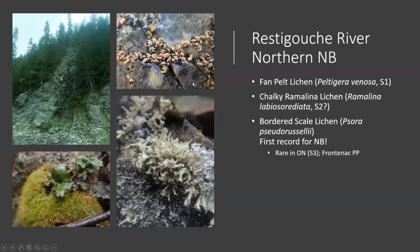And another one, I can't help but bring up these really fun ones. Bordered scale lichen, another first record for New Brunswick. I believe this was the first record for Atlantic Canada, actually. So that was an excellent record to find. This is a species that requires calcareous rock too. And this is a nice one to